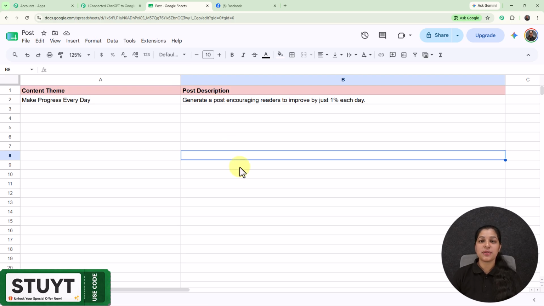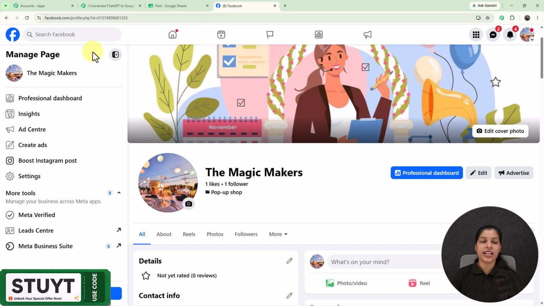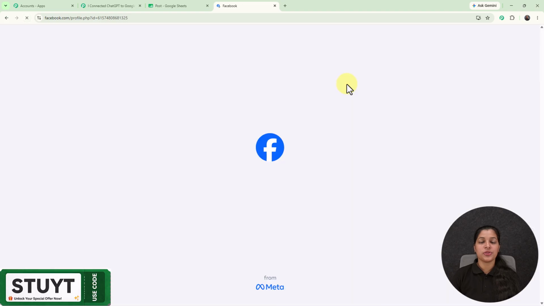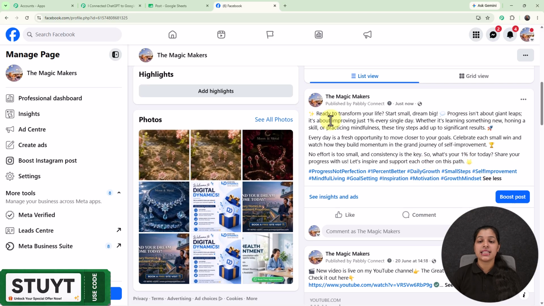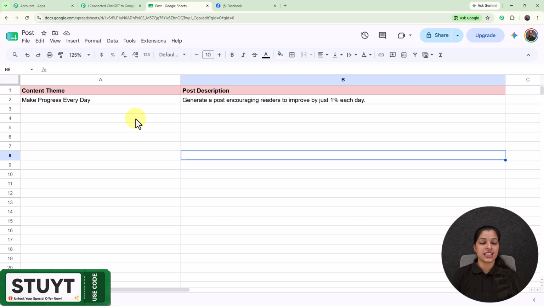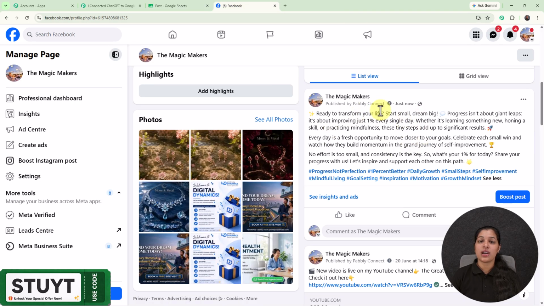Now let's move on towards my Facebook account to check whether any changes are made by my ChatGPT or not. So right here I'm on my Facebook account and I'm on this page named the Magic Makers, which I'm going to just refresh. And right here you can see that I'm successfully receiving this post. And this is the content generated by my ChatGPT or the OpenAI, which I have connected through this Google Sheet. And by using this content and the post description, my ChatGPT is generating this post